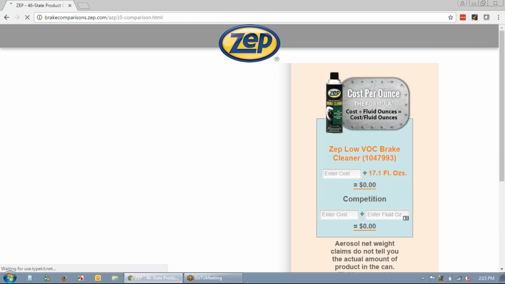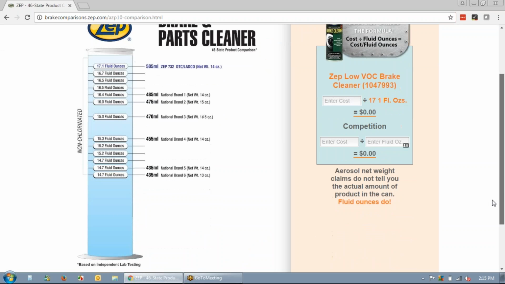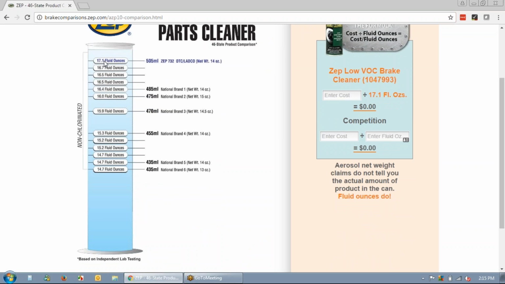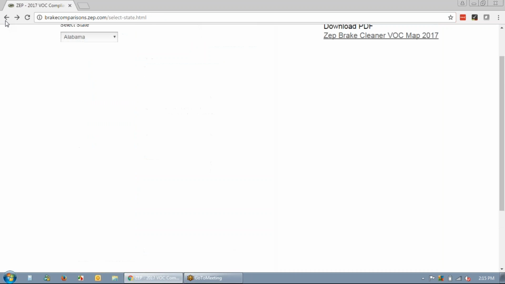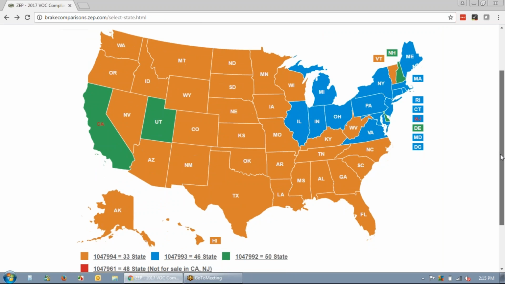You click on Illinois, that will bring up a different formula, the low VOC, the 732 version. And again, 17.1 fluid ounces versus a lot of the competition. When you get down into 15, 14 ounces, same logic applies to show the savings for that. So that's one way to go in and show an actual savings on how we win if the customer you're